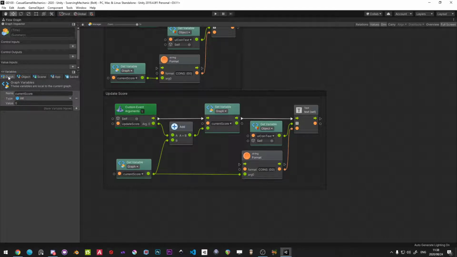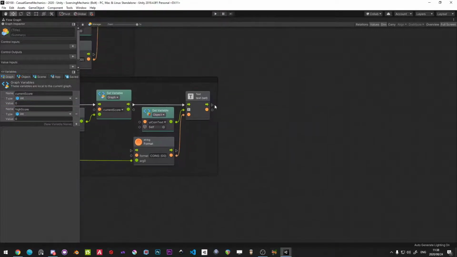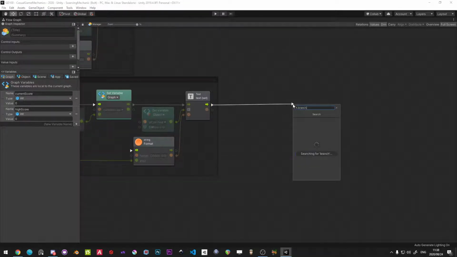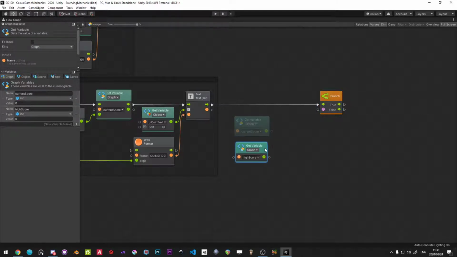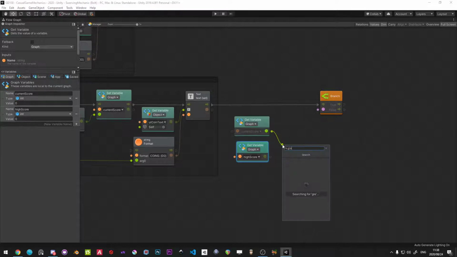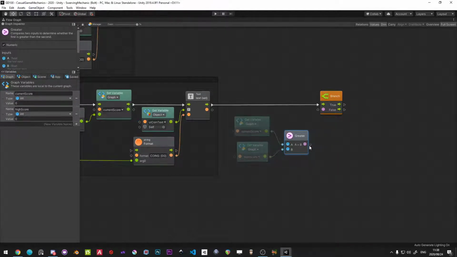So in our graph here, we're going to create a variable called high score. It's also going to be an integer, so it's easier to compare the two. And then we're going to do a branch here, and check to see if our current score is greater than our high score. Actually, it should be greater, not greater or equal. So greater than our high score, and if so,